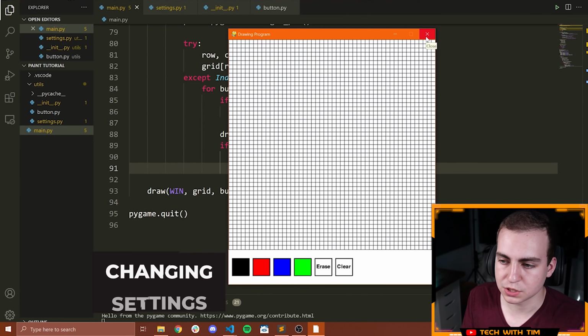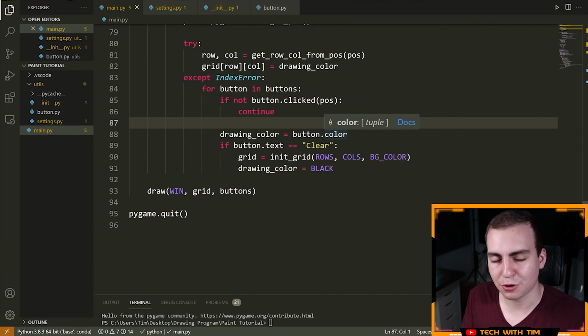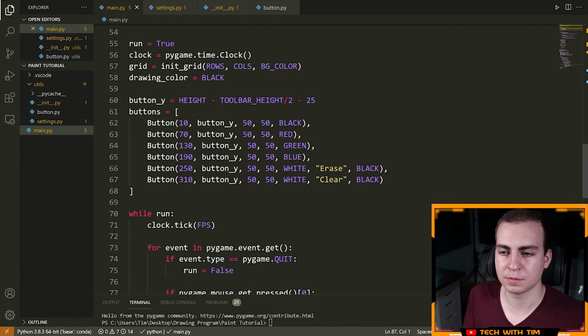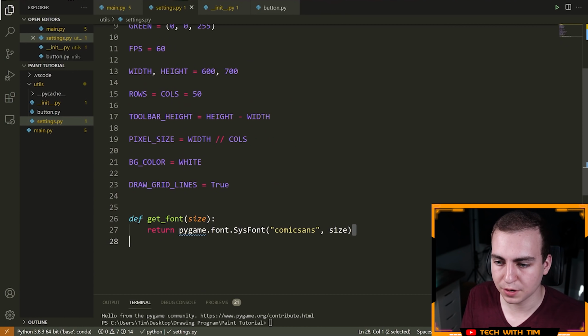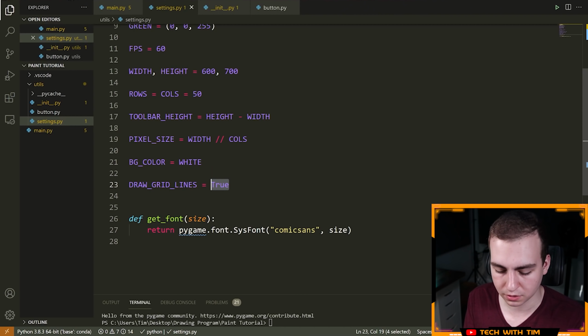So as I promised you guys, I will mess with some settings here just to show you that the way we've programmed this is dynamic. So the whole reason I've gone and used all these variables, and maybe to some of you made it a bit more complicated than it needed to be, is so that I can go here at any point in time and change something and the program just adapts. It just knows how to work. Everything is based on variables. There's no hard-coded values, at least very few hard-coded values.